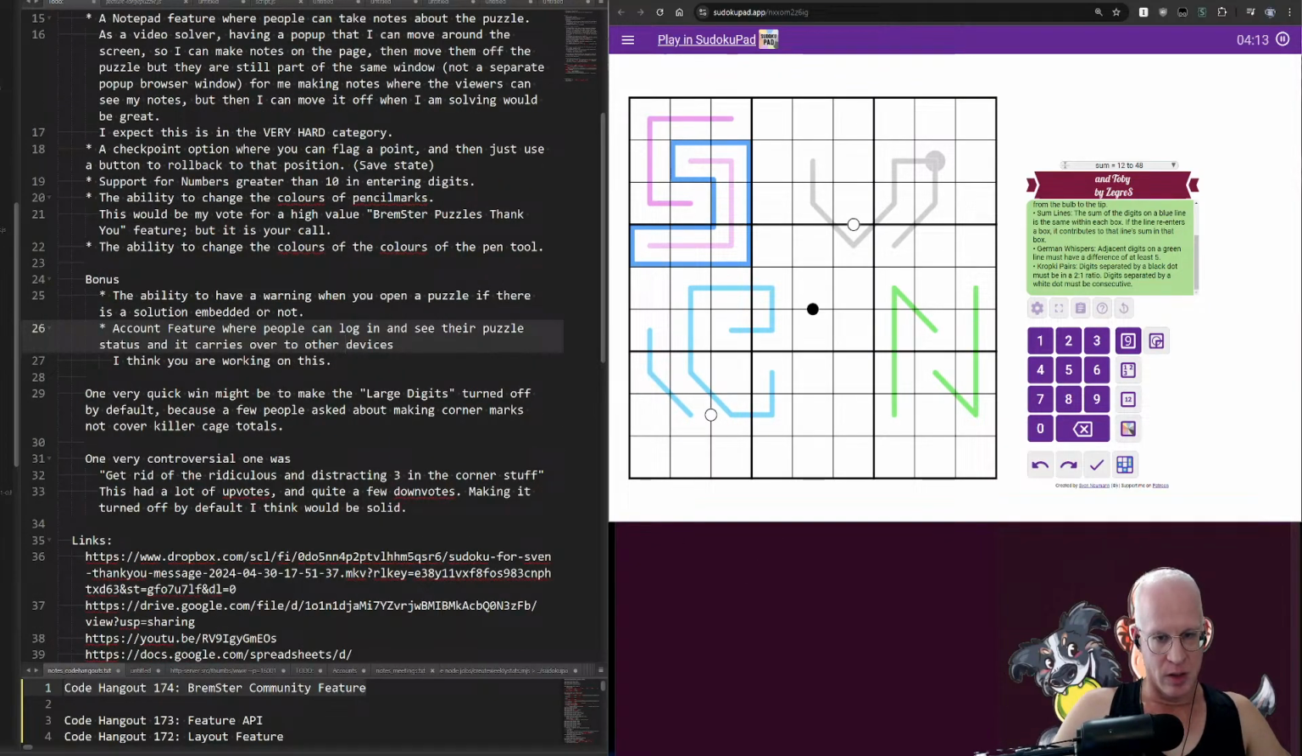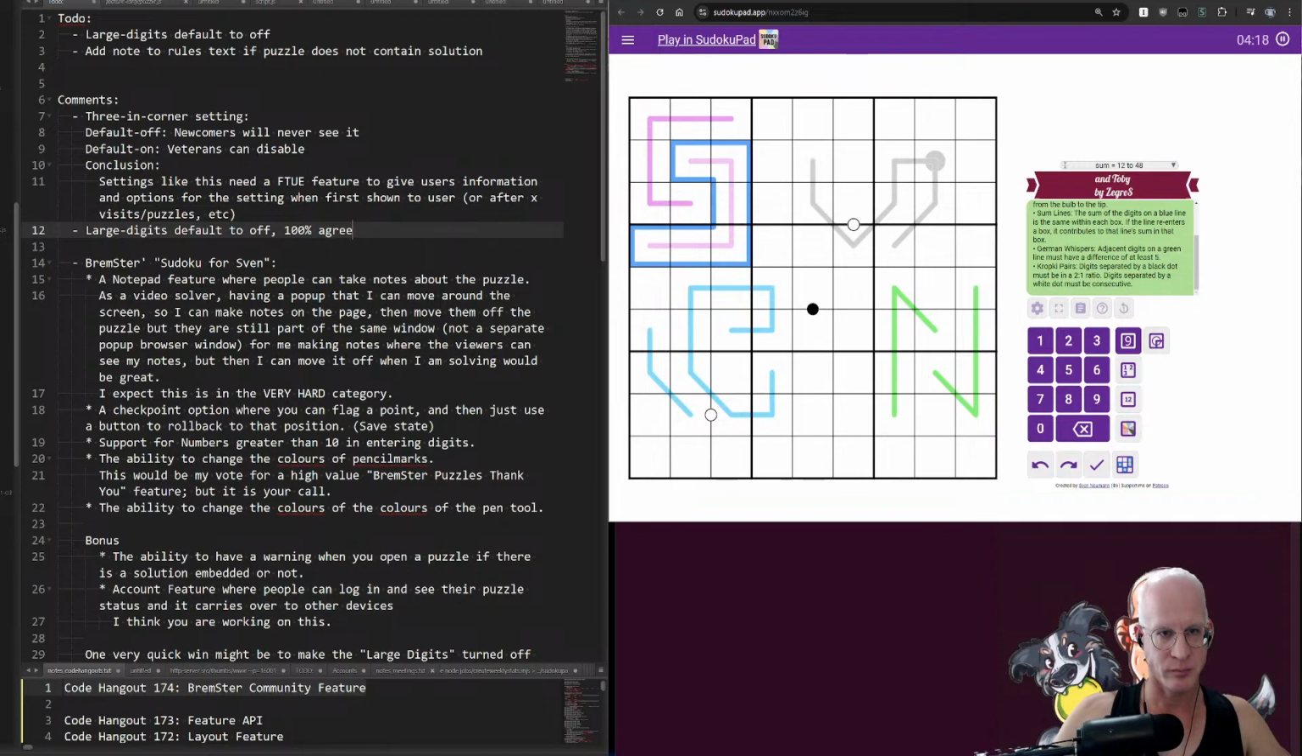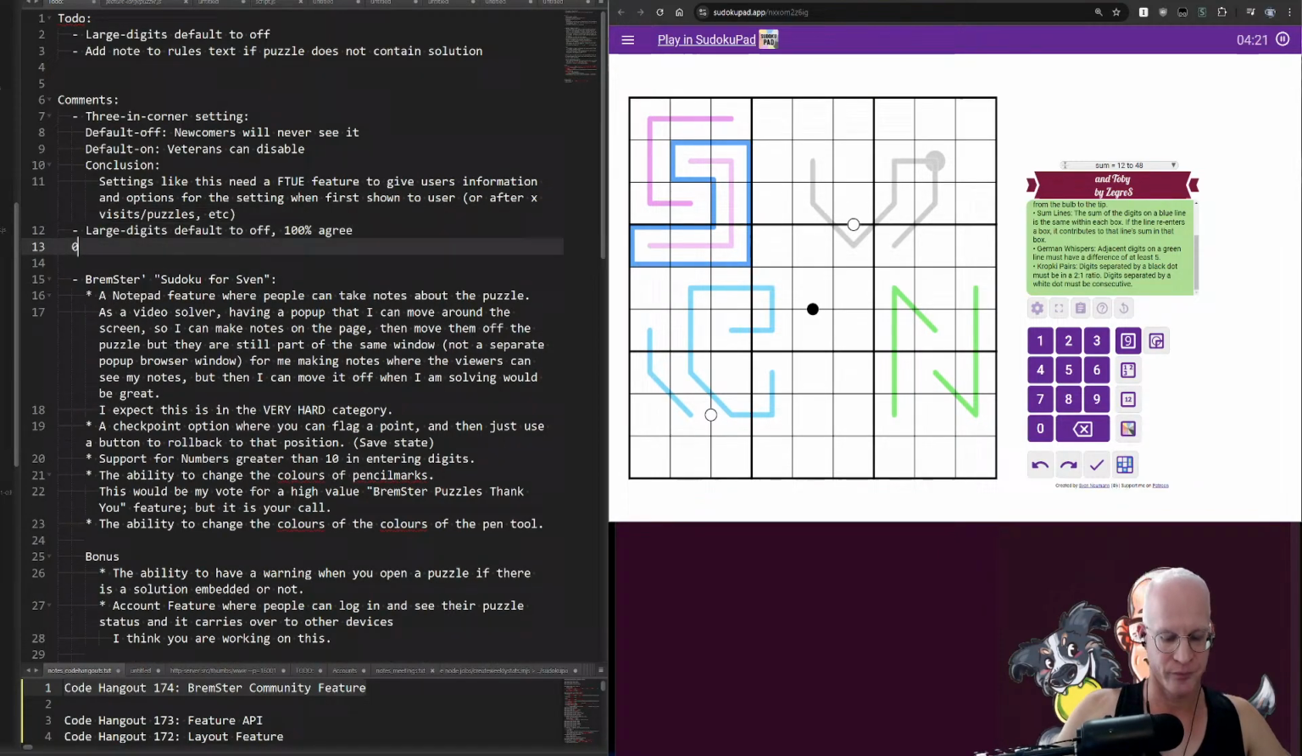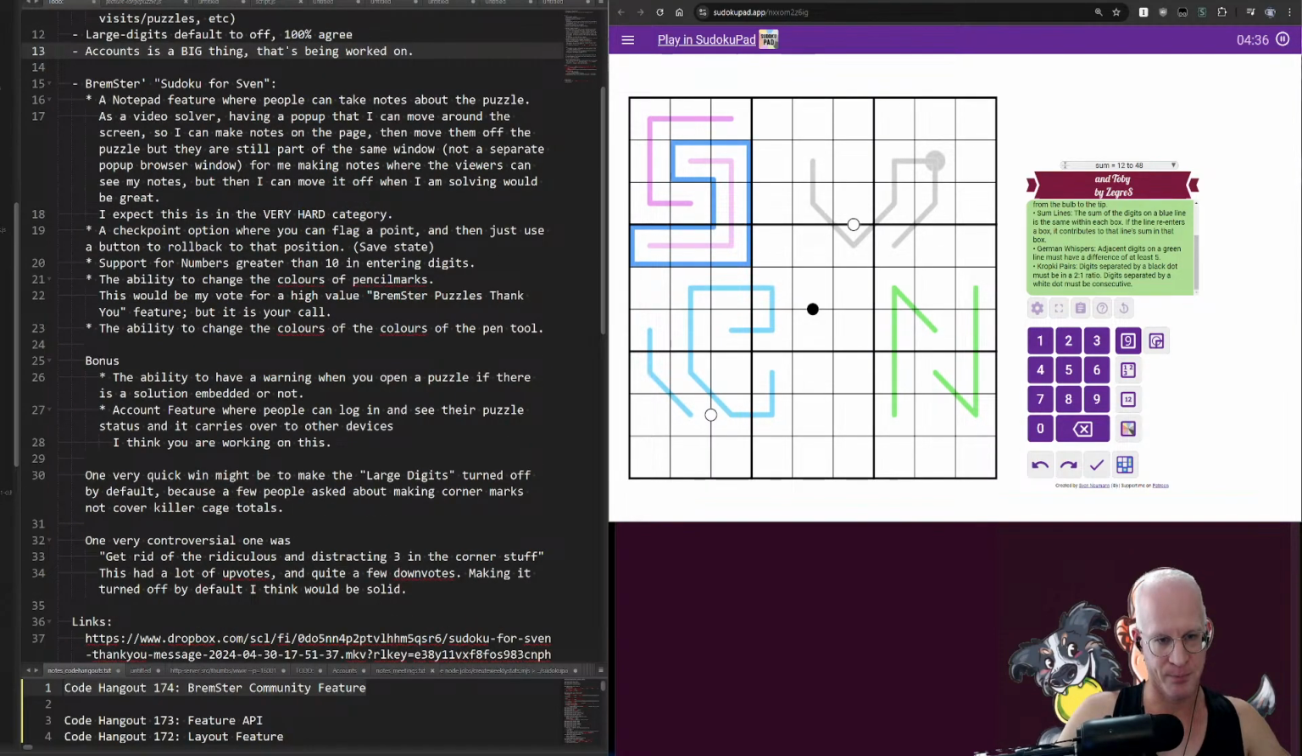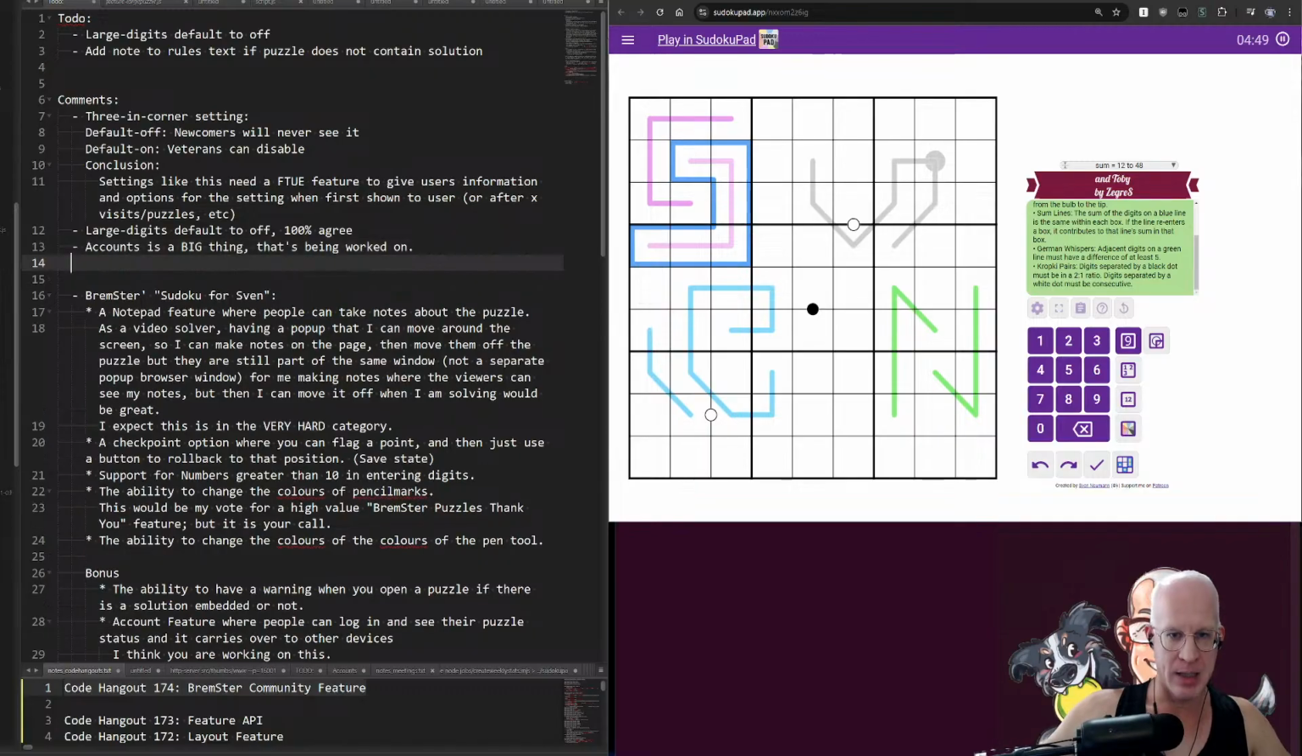All right, so account feature. Yeah, account features we're working on. Accounts is a big thing that's being worked on. Yeah, it's a big thing. It's going to take its time. So that's this one. Yeah, account feature where people can log in and see their puzzle status, and it carries over to other devices. Yes, but